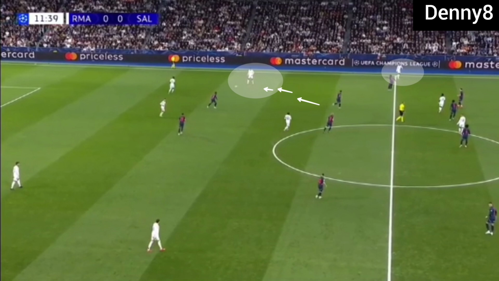Real Madrid were having trouble building the game in open play, so after a while, Jude Bellingham was drifting wide to receive the ball. By Bellingham drifting wide, Real Madrid had a player in the wide zone who could distribute the ball. On the other hand, by Bellingham drifting wide, Real Madrid's fullback could push high, and Real Madrid winger Vini could go into the half space. The Real Madrid winger was holding back the Salzburg fullback, so if Bellingham was driving the ball into the wide zone, Salzburg's wide midfielder was facing a 2 versus 1 situation.